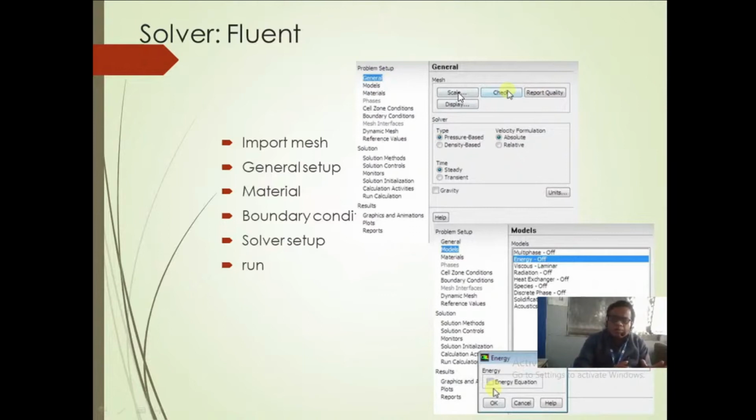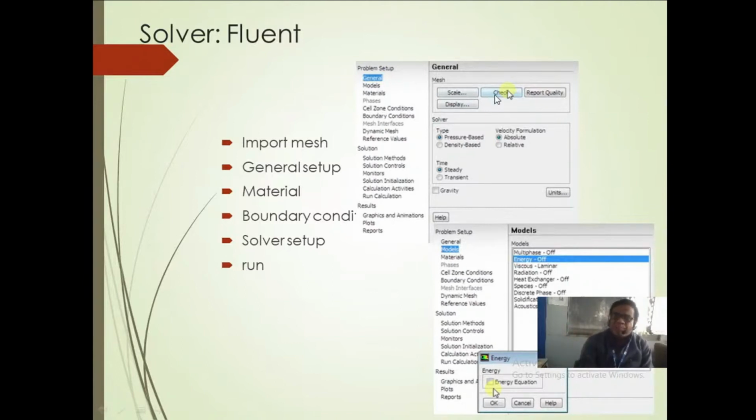If you created dimensions in mm, say 10 mm, 20 mm, then when you import your mesh and click on scale, by default it will show the dimension in meters, 5 meter, but the actual drawing is not 5 meter. So if you click on scale, you need to define that the mesh was created in mm or centimeter. So that is the importance of scaling.